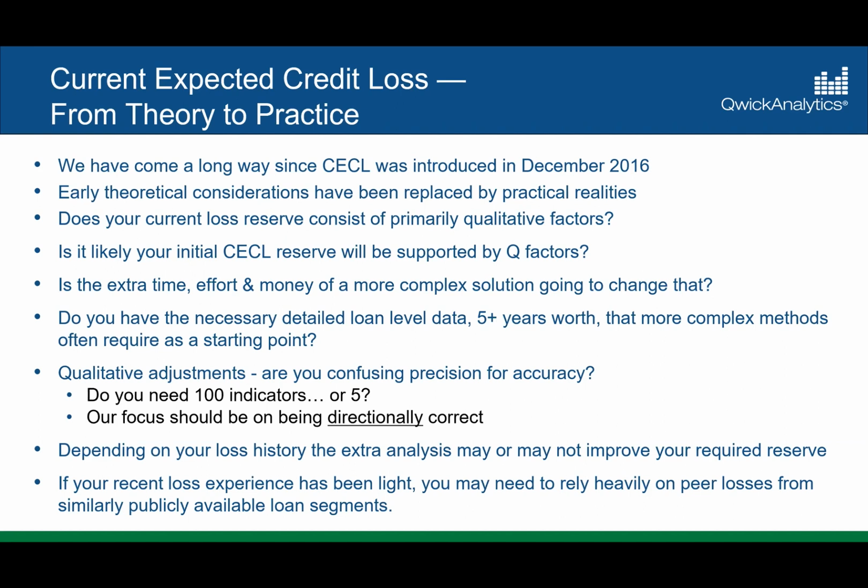So again, depending upon your loss history, that extra analysis is probably not going to improve or change your required reserve very much. And if your experience has been light, you're going to need to rely on some peer data as well from similar publicly available loan segments. What I mean by that is, once you look into your history, if you're looking at a whole bunch of zeros and we're trying to come up with qualitative factor adjustments or reasons to defend the reserve that you know you're going to need to have on that segment despite a lack of losses, we need to look outside your 4 walls to the environment around us